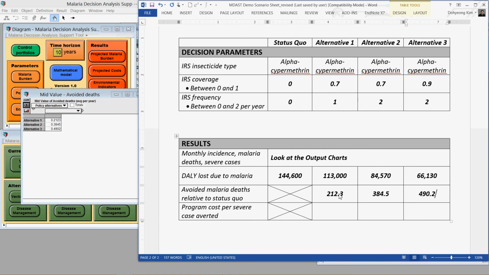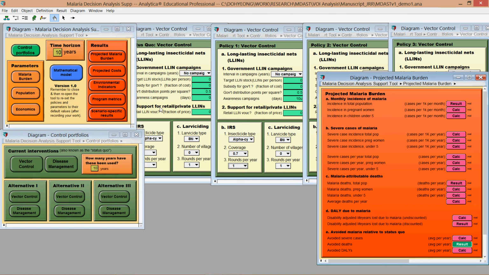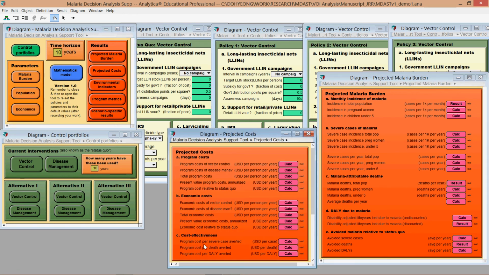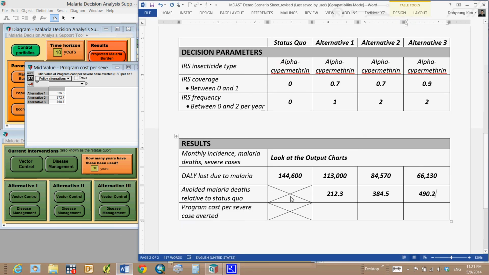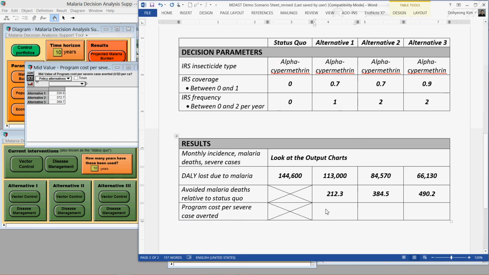And lastly, you can click the projected cost section in the result and pick one cost-effectiveness measure, program cost per severe case averted. Okay, now you got the values and fill out this table here. So with the first alternative, there's 336.6 severe cases avoided due to the first policy alternative,